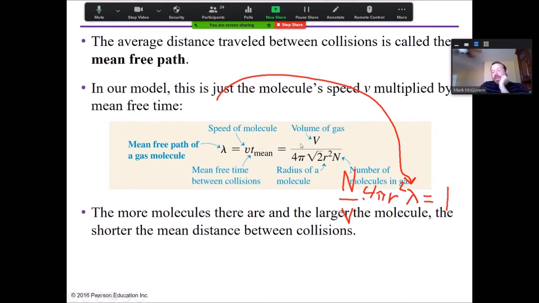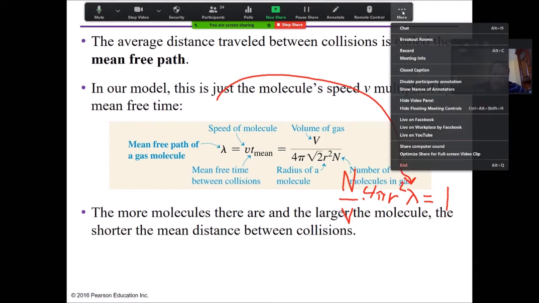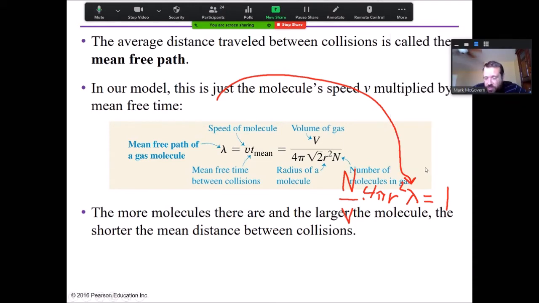I get this quantity right here. So I solve for lambda here, and you can see in the equation, if I solve for lambda, the v goes in the top, and the n 4 pi radius squared goes in the bottom. Okay, so that's all good. The only difference between the expression that I have here and the expression I derived is this